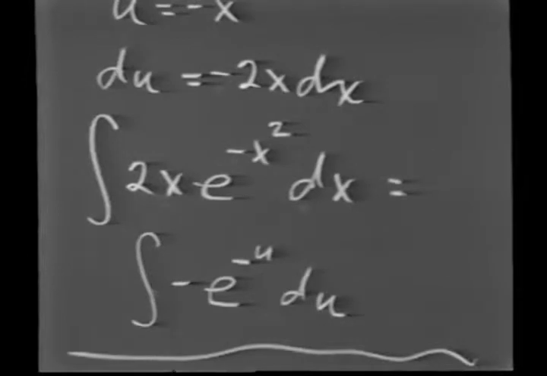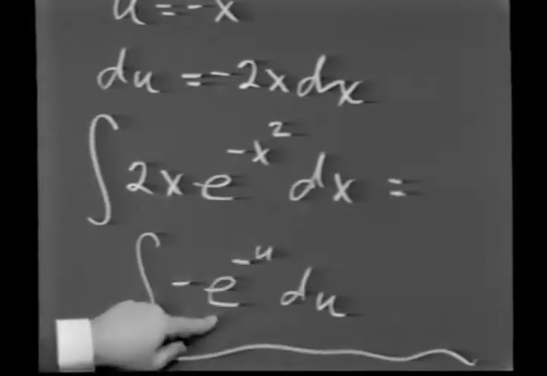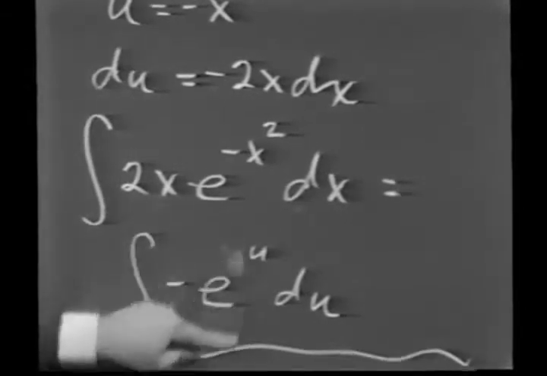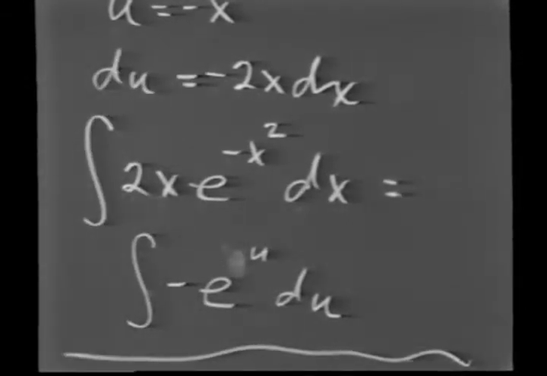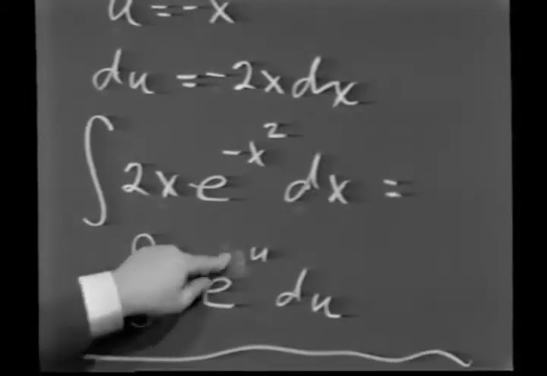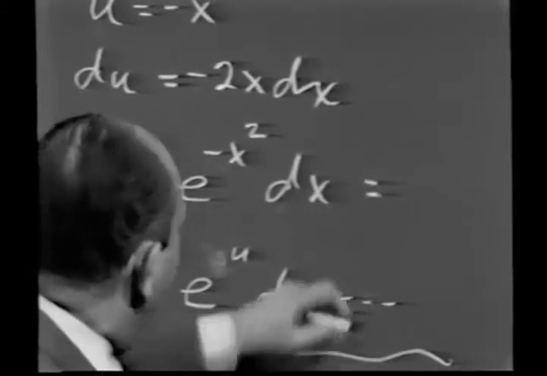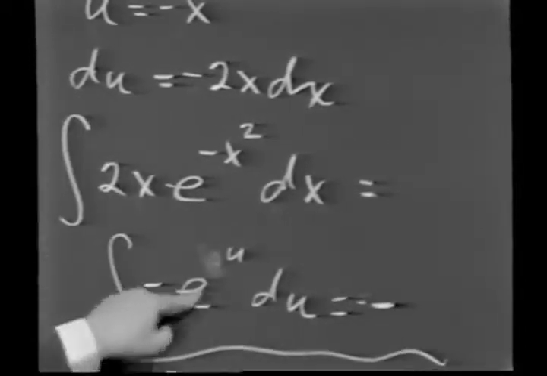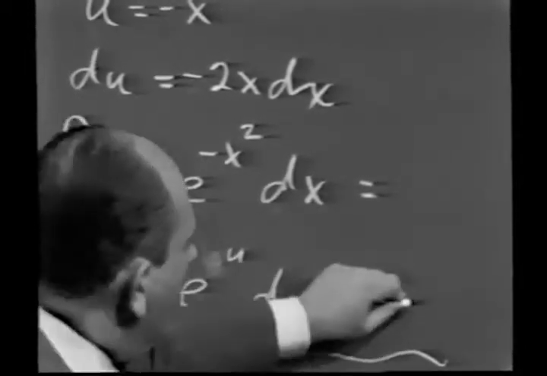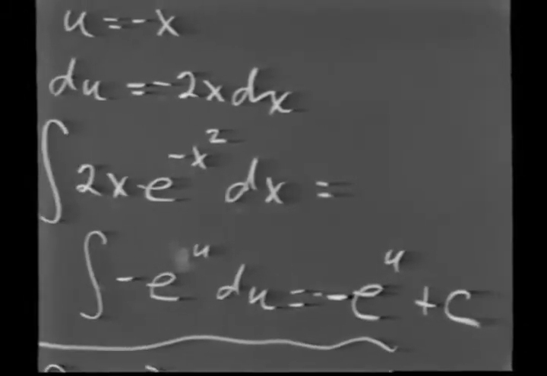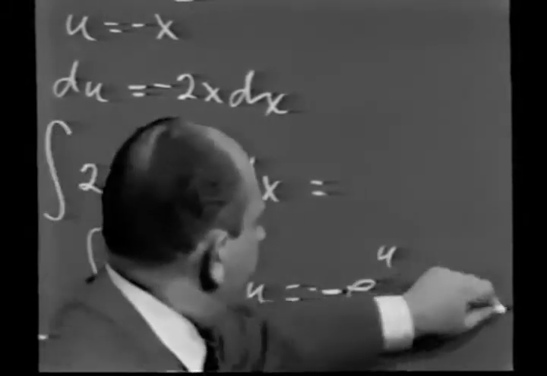U is minus x squared. So this becomes minus the integral of e to the u du. See, the minus can come outside. The integral of e to the u with respect to u is just e to the u, and since u is equal to minus x squared,